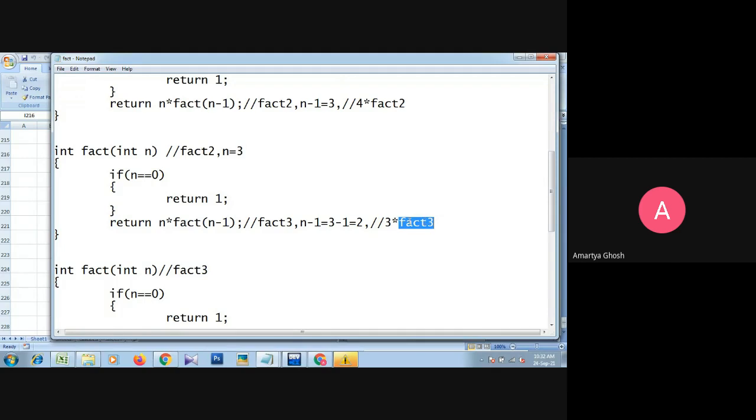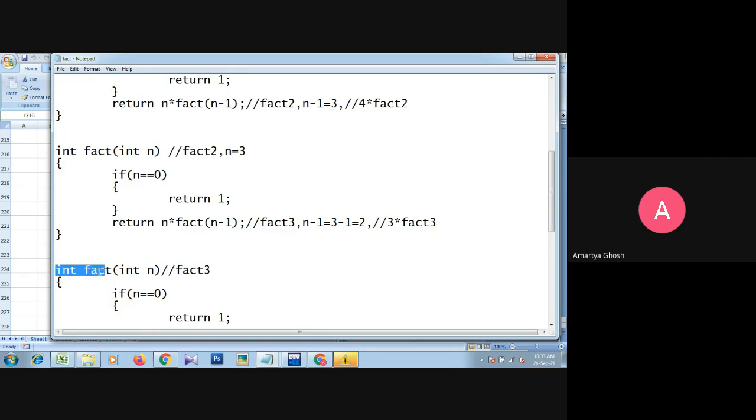So now our job, not only our job, the control, when it reads this function call here, will jump to that function. So what is the name of this function? Basically we consider that it is factorial fact3 function. So again the control jumps from here to the fact3 function. This is the signature of the fact3 function, and this is the body.